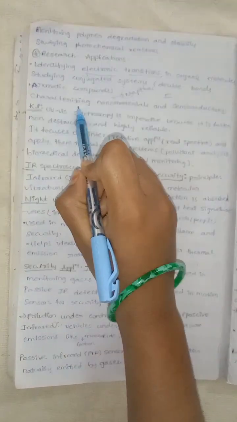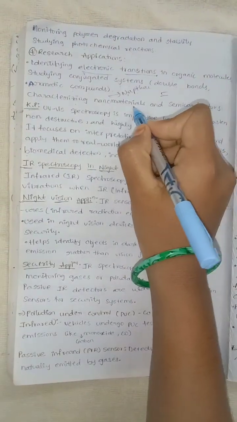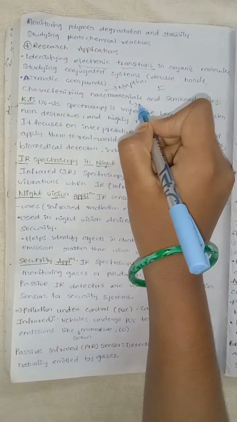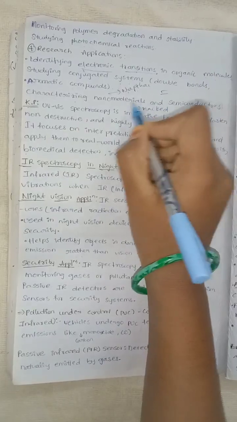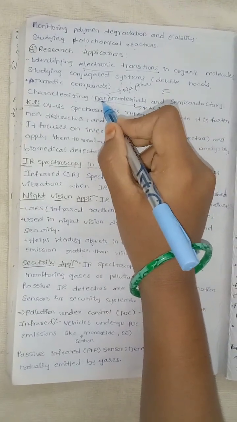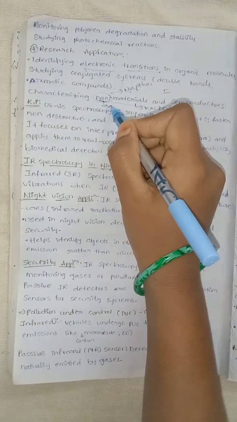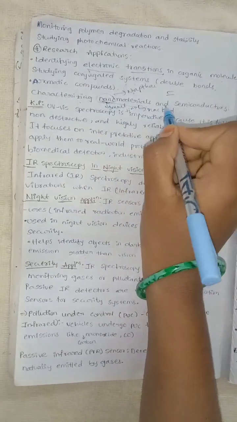Characterizing nanomaterials. Nanomaterials are small materials that we cannot see with our naked eye. Nano is a Greek word that means small or little or tiny. These are materials, and